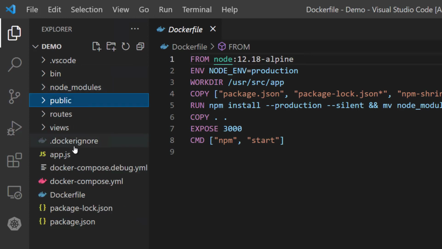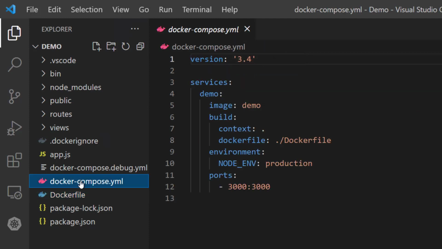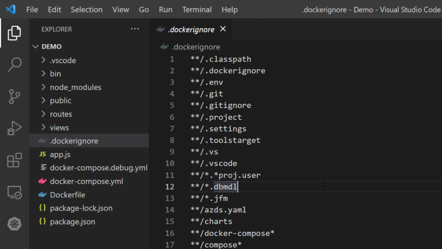If you look here, we have the Dockerfile to build our Docker image. We have the Docker Compose file, which will have the information for the deployment of your application. Basically, it will create a service environment if we need to use this particular file. And then we have the .dockerignore file. It is similar to the .gitignore file. While running the docker build command to build our application package, the file types to be ignored are specified with the help of the .dockerignore file.